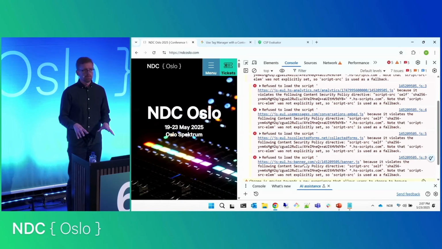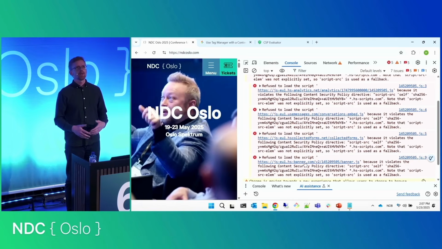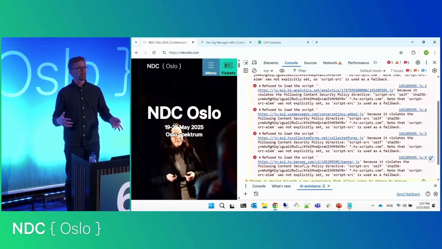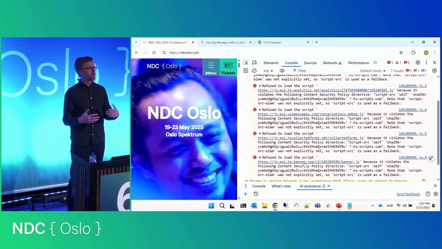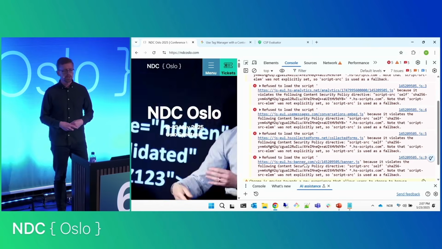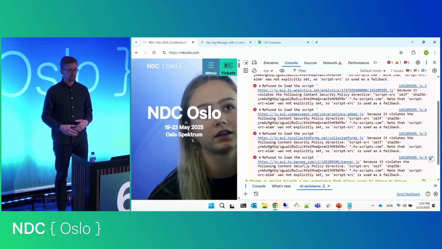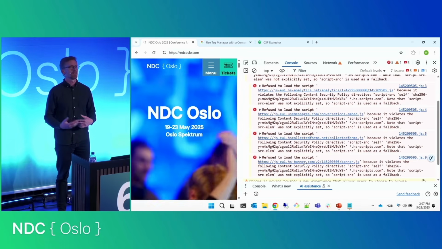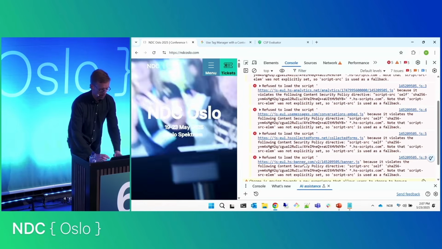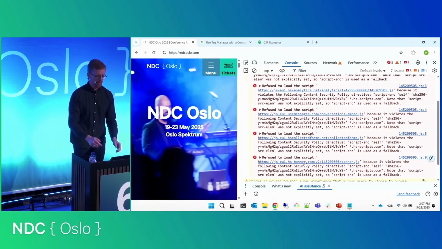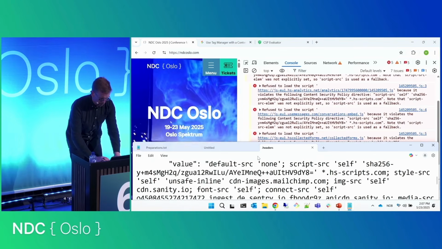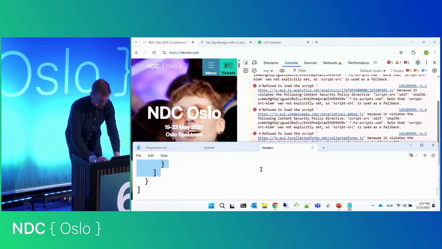So we're getting close to having a good policy. Should probably visit all the other pages if I want to have one policy for the entire site. And should also check if the cookie pop-ups and things like that are supported. But we're getting fairly close and didn't take that long. So now to finish this off, let's copy the policy,